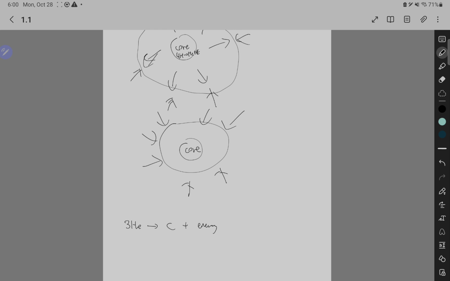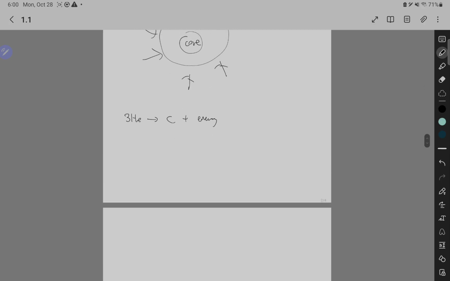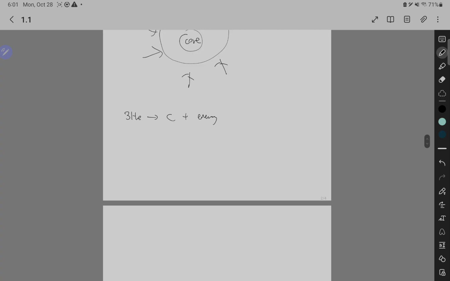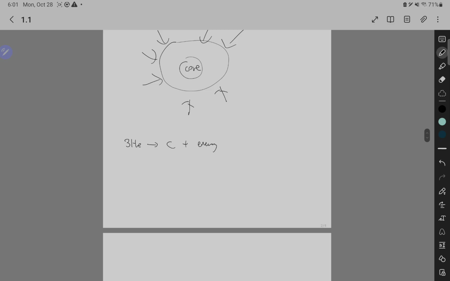Now, since the core has contracted, the outer layers are now further from the core than before. So there's less gravity and the outer layer is going to expand, right? That's what's going to happen to our star one day too, our sun. One day it's going to run out of hydrogen to fuse, and the core is going to contract, and the outer layer is going to expand. It might eventually even swallow our Earth,